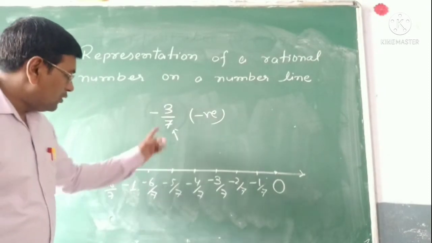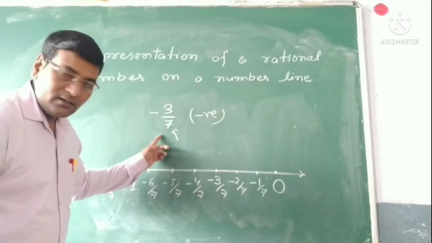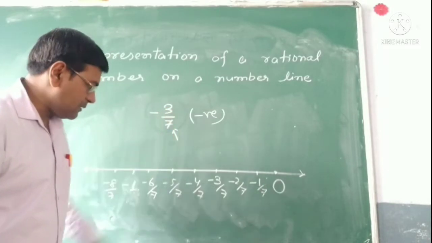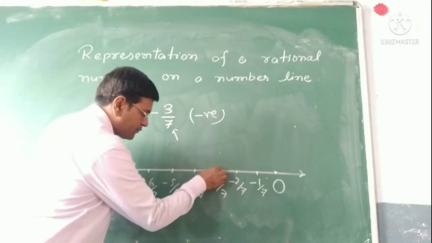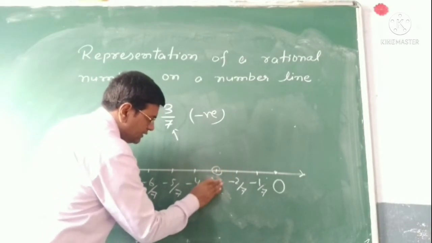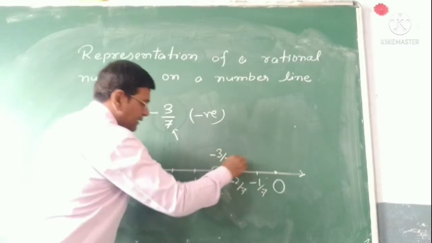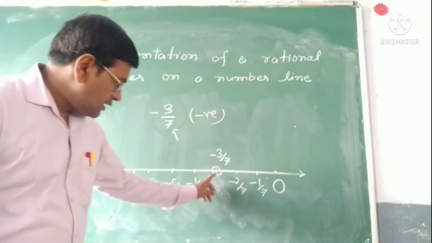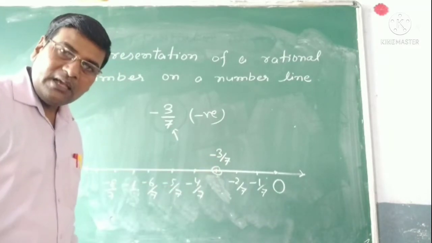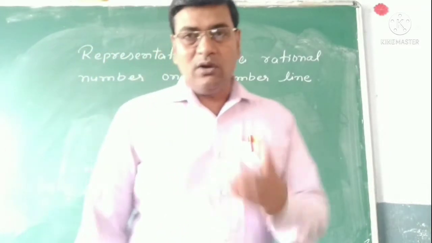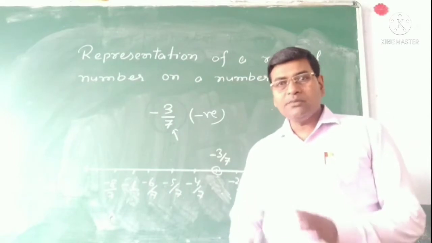Okay. Now, what do you want? You want minus 3 by 7. So where is it? It is minus 3 by 7. This point will represent minus 3 by 7,